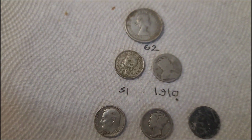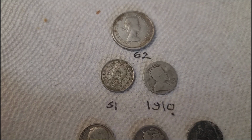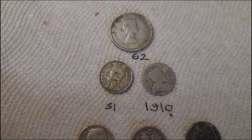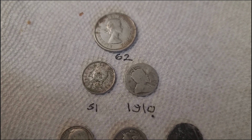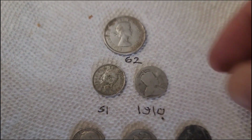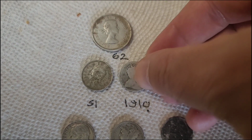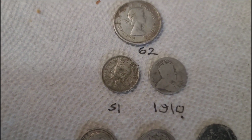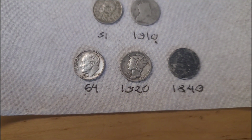And the silver coins. We got a 1962 quarter, 1951 KG6 dime, 1910 King Edward. Date is barely visible, might have been in circulation for a long time, but still it's an Eddie dime. And a trifecta of American dimes,